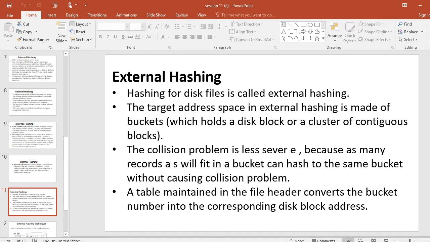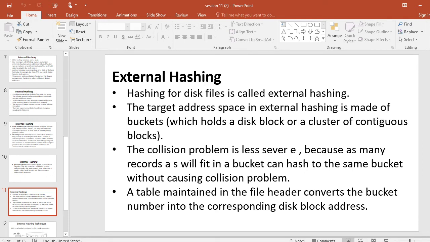When a bucket is filled to capacity and a new record is to be inserted and hashed to that bucket, a variation of the chaining method can be used, in which a pointer is maintained in each bucket to a linked list of overflow records for the bucket. The pointers in the linked list should be record pointers, which include both a block address and a relative record position within the block.